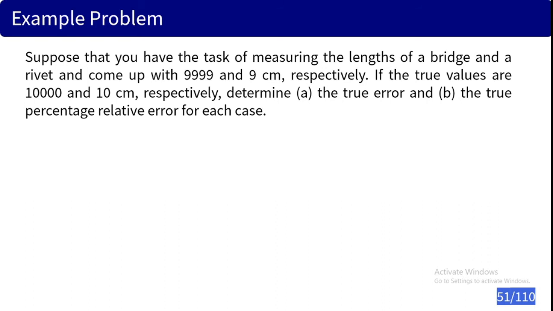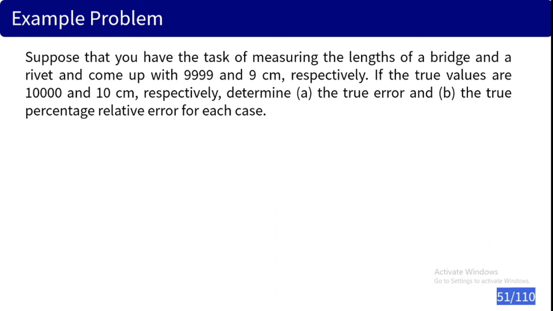suppose that you have the task of measuring the length of a bridge and a rivet, and you came up with 9,999 and 9 centimeters respectively. If the true values are 10,000 and 10 centimeters respectively, determine the A, true error, and B, the true percentage relative error for each case. Okay, so kaning nga problem na to is